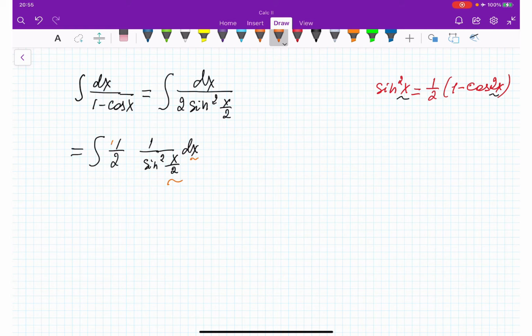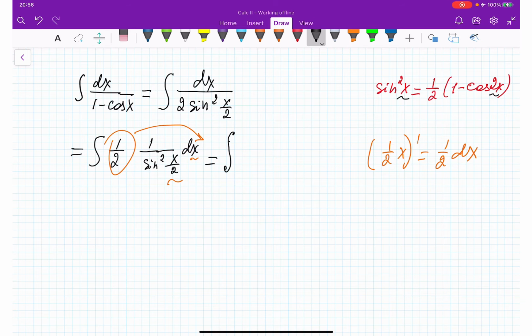Therefore this half I'm going to bring under dx. Based on what? Based on the derivative of 1/2 of x being equal to 1/2 dx, right? If I bring this 1/2 under the derivative, nothing is going to change, correct? It's a constant. You can bring it in, you can take it out. So I'm going to manipulate it like that, and I am going to get here